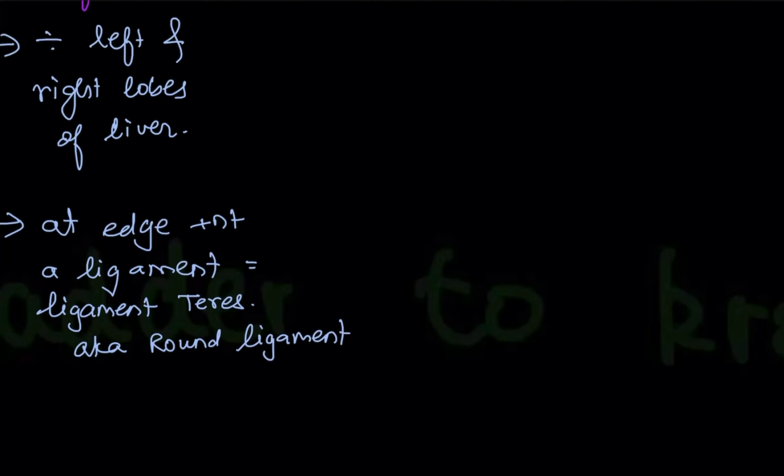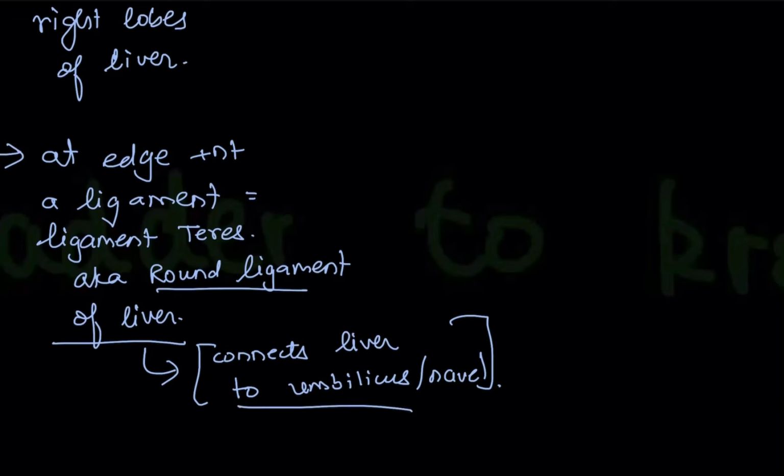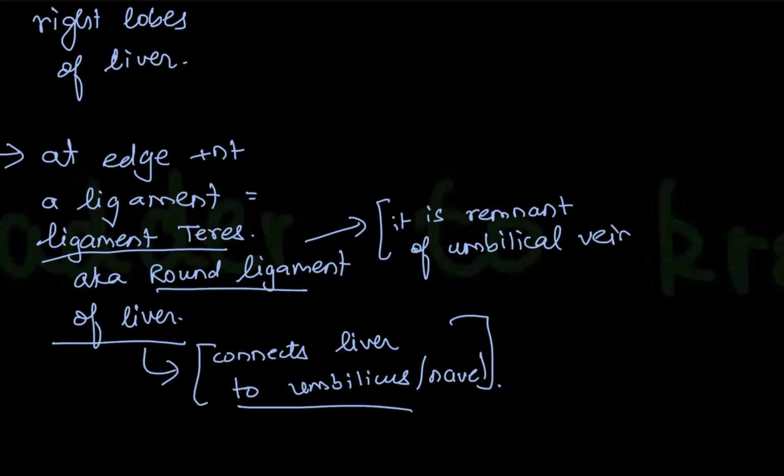It is a favorite question, so please remember it. They ask you, what does it connect? This round ligament of liver connects what? So it connects, write down, liver to umbilicus, or sometimes instead of umbilicus they give you navel. So this connection is what they are asking you many a time. Sometimes they give you this connection in the question, and then they will ask you what connects it. So you must know the answer is round ligament of liver. You should also remember its other name, that is ligamentum teres. Now what it actually is, that also you should know, that it is a remnant of the umbilical vein. So umbilical vein gets converted into this ligamentum teres. So please remember round ligament of liver. It is very, very important.